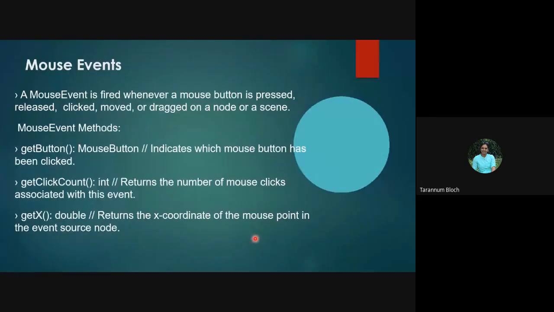So there are various events which are fired when a mouse is pressed, released, clicked, moved or dragged. We can go with any event as well. If you are using an external mouse, or even the laptop has a right click and left click, and you want to know which button has been clicked, right or left,